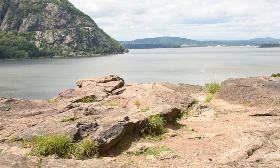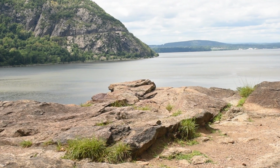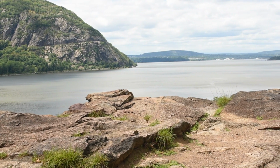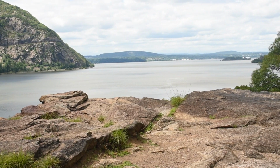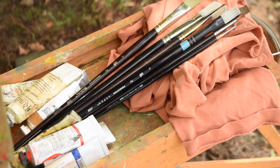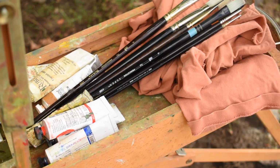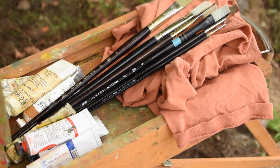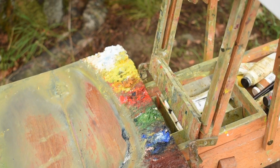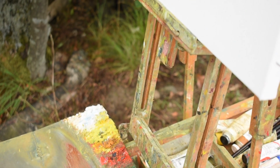So here we are in a fantastic location in Cold Spring, and you can see it's quite beautiful. There are beautiful greens and blues and an amazing composition. I have all my materials set out, and it's always good to have your materials ready. I have my palette and my easel and my canvas. It is a lot to carry, but